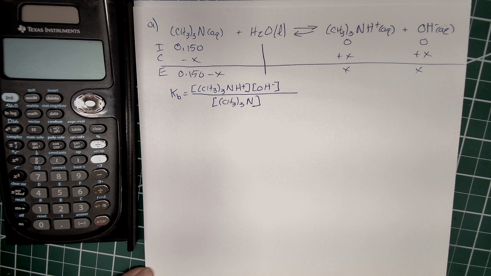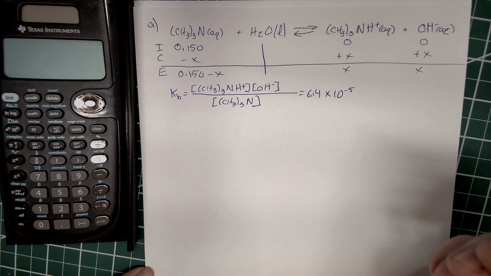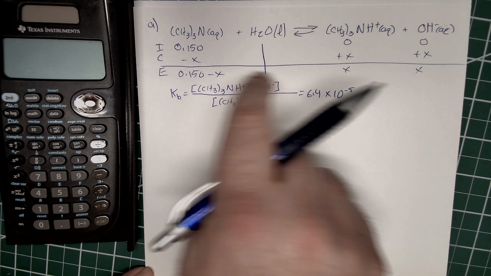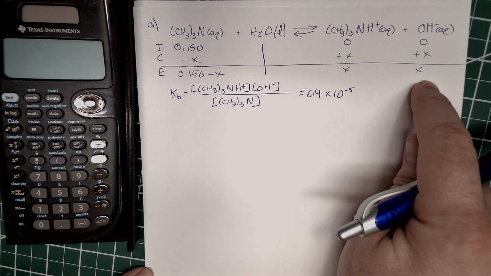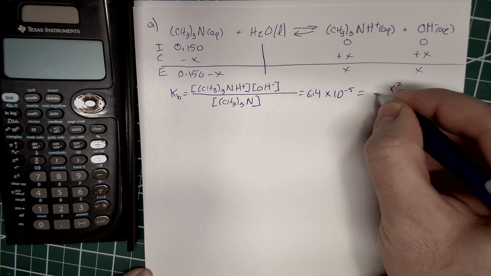Now I've got a list of dissociation constants, Kbs, for some common weak bases. This comes straight out of our textbook for Brown and LeMay, Appendix D2. And so you'll see right here, trimethylamine is at 6.4 times 10 to the negative 5. So I'll write that down, 6.4 times 10 to the negative 5. So we'll come back over here. Now we just need to put these values in terms of X. So we'll take the equilibrium values that are in terms of X and put them into this expression. It's going to come out to X squared over